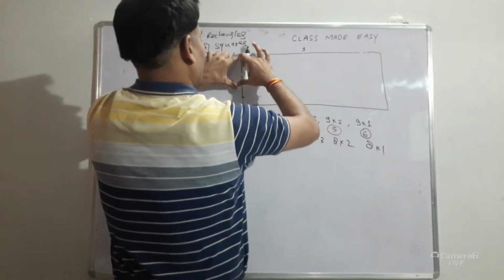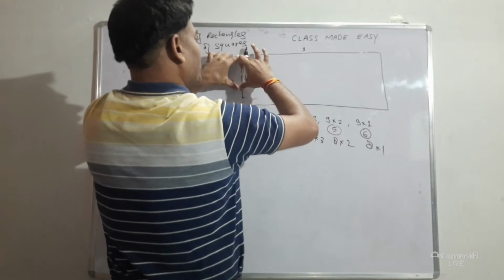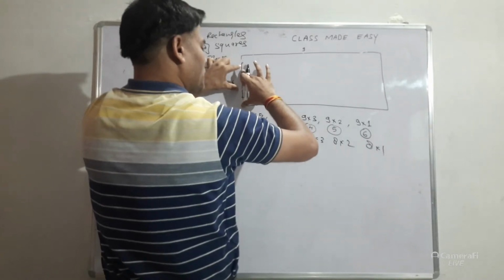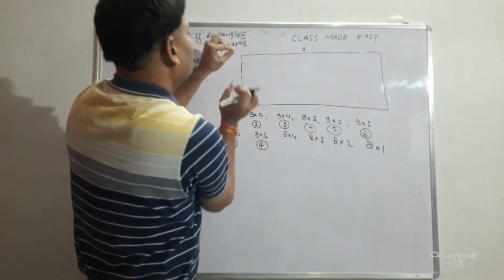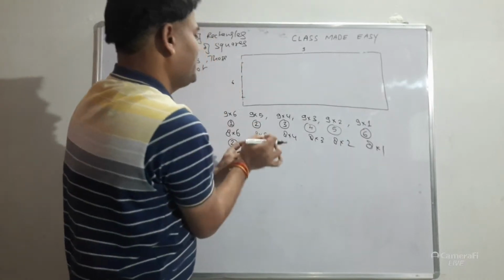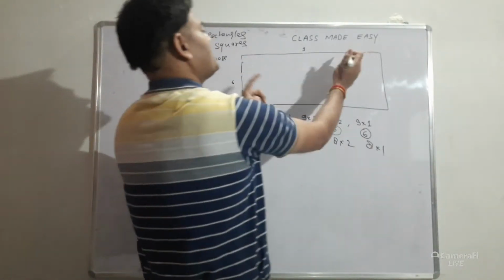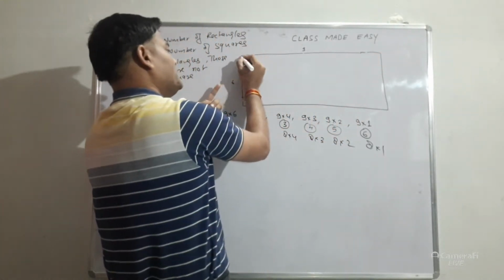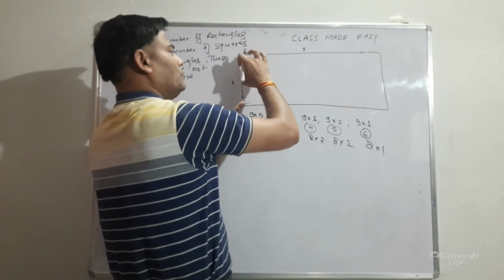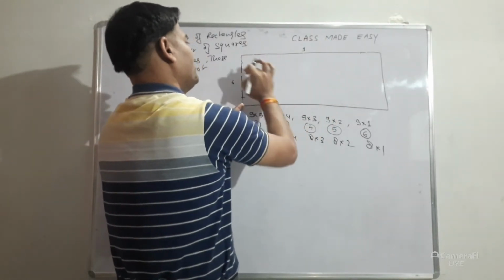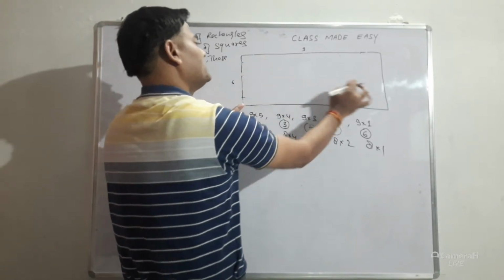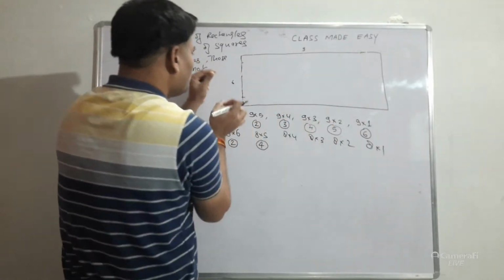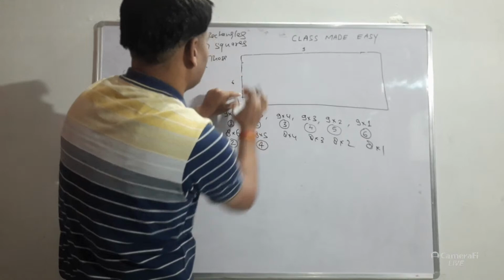Now 4. If you take this 4, 1, then leave 1 part, then 4. Then leave 2 parts, then 4. And also if you leave 1 and 1 part, now see, you will get 4 rectangles like this. See, anyone can understand, this is 8. If you take this as 4, so 1 rectangle. Then if you leave 1 part, again it is 4, and if you leave 2 parts, the bottom part is 4 unit. And if you leave 1 and 1, 1 in top, 1 in bottom, again it is 4,